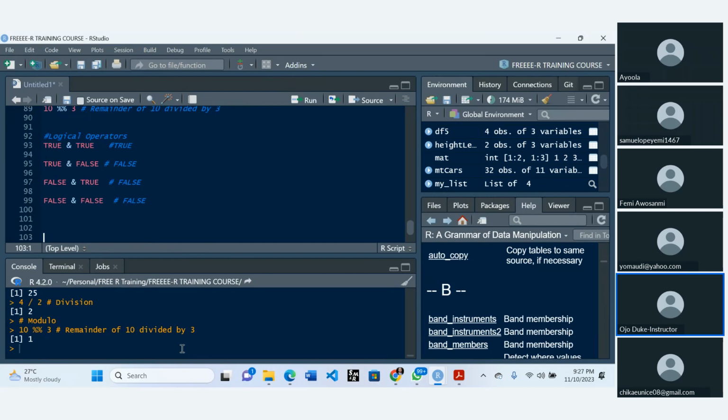So for the OR operator, if it is true or true, this straight line is the operator. If it is true or true, let's run